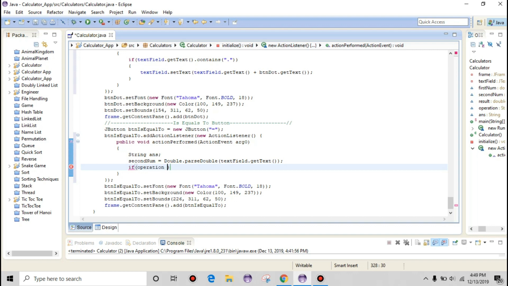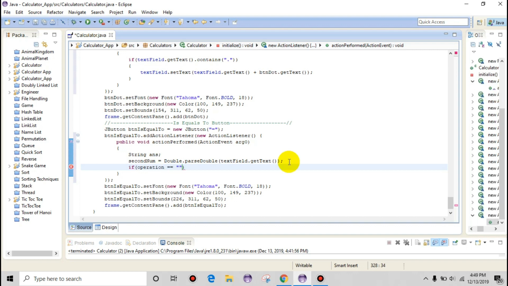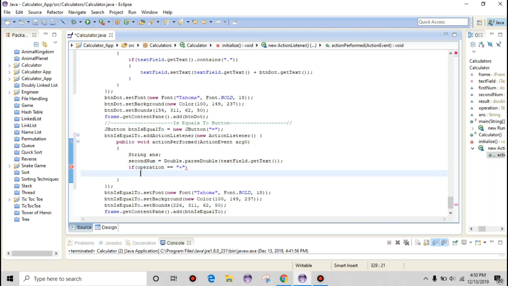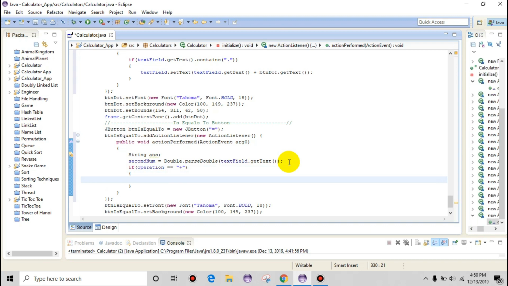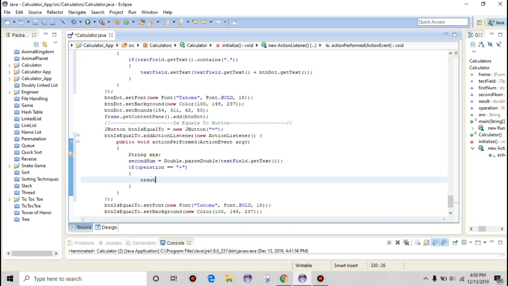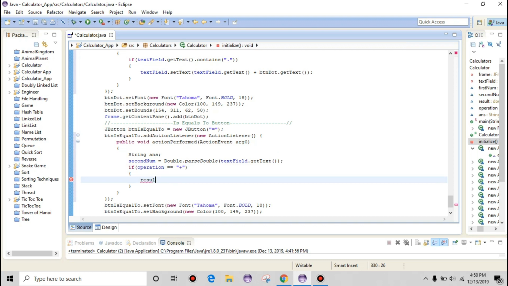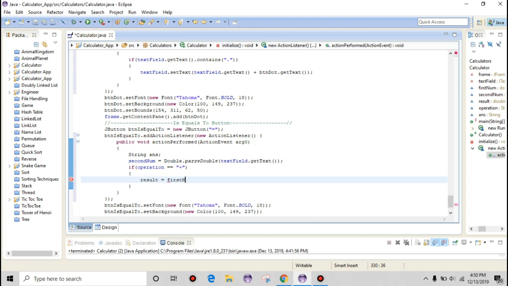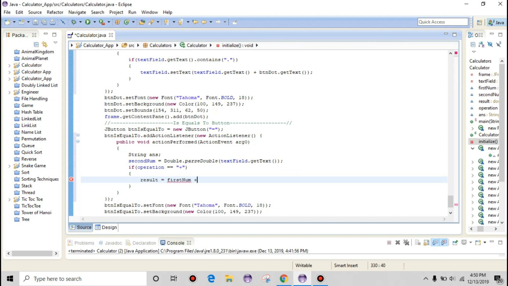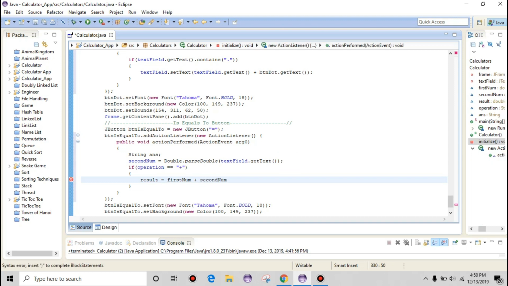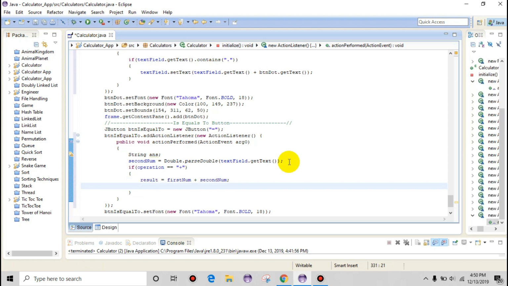operation is equal to plus. Like if I press the addition button, then result is equal to first num plus second num. Simply add it, and then we will